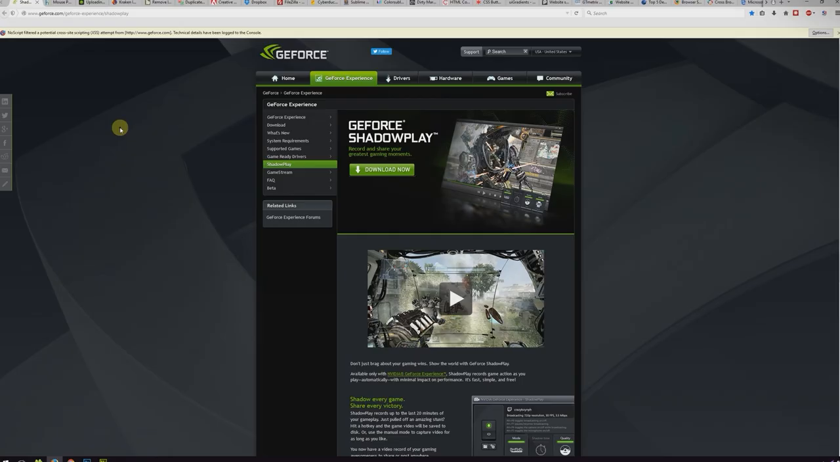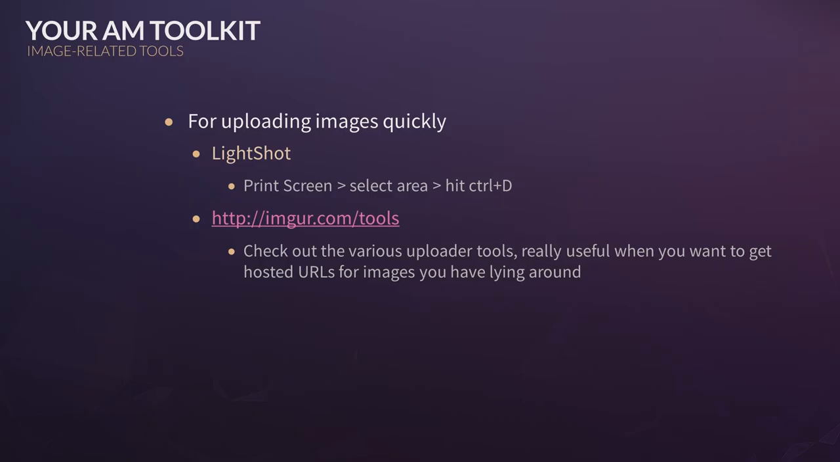That is just really, really cool. So I just wanted to point that out. Okay, one other thing I do want to mention is with uploading images quickly, you can use Lightshot, of course,